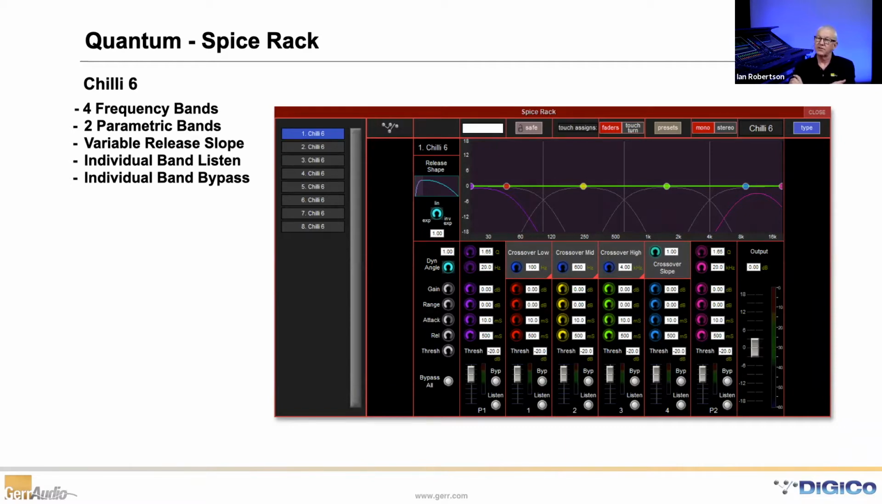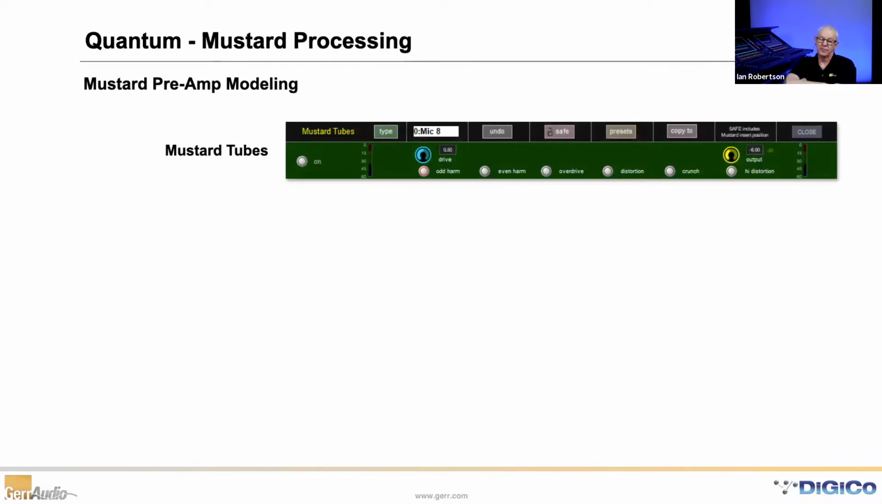Okay. So that's it. That's the Spice Rack. The next thing that they're also doing with the quantum processing is Mustard processing, which is an extra set of processing that you can add to a channel. You still have the standard SD processing, which is the 4 bands of parametric and the comps and gates and whatnot, and then you can add this to a channel on top of what's already there. So